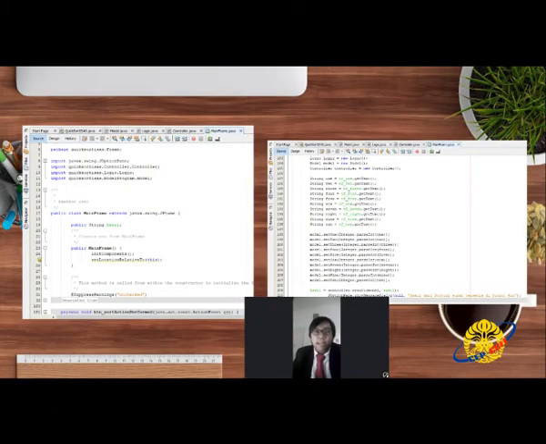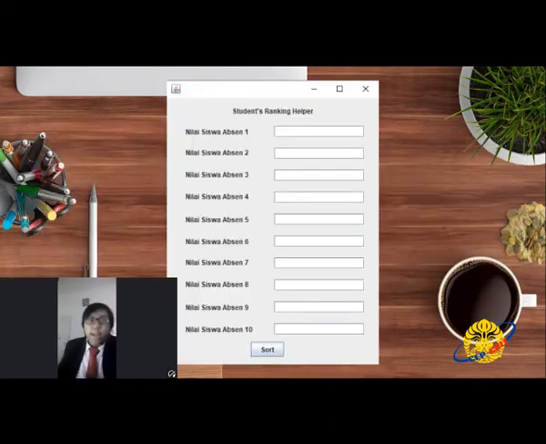This is our frame class. We use set location relative to this to make the frame in the center of our desktop. Then string 1 until 10 to get the inputted numbers from the frame. Then the setting of the string into the setter getter uses parse integer. And then we just call the controller. That's all for the code. And the last, this is our only frame for this simple application.